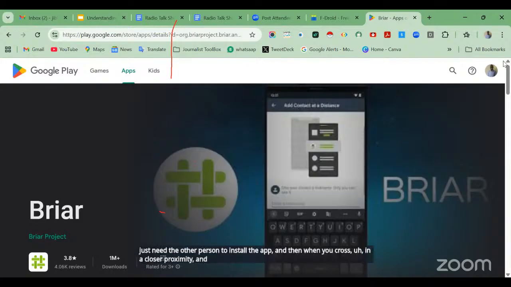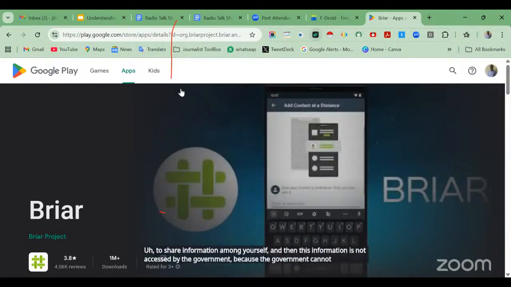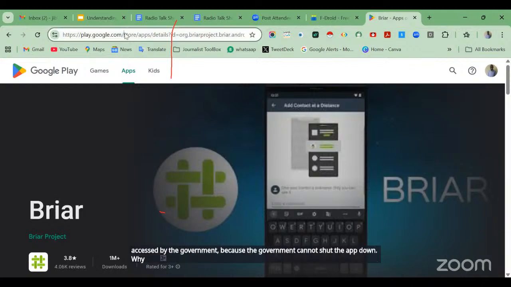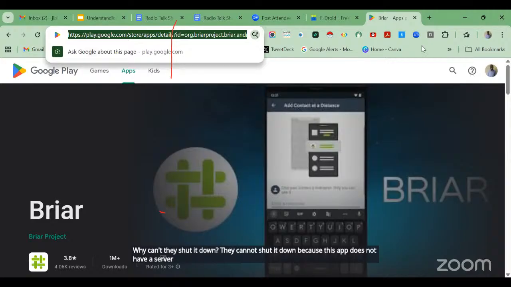and then you can share information among yourselves. This information is not accessed by the government, because the government cannot shut the app down. Why can they not shut it down? Because this app does not have a server whereby the government can go and shut it down.